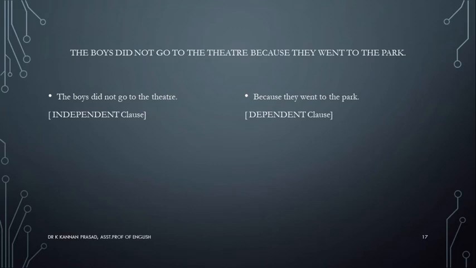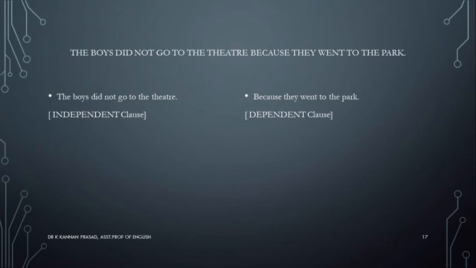By now, you would have noticed that among both the clauses, clause number 1 is an independent clause because it makes meaning on its own and it completes the sentence even if the clause has to be considered as an independent sentence. That is why it is called an independent clause. But clause number 2 is not independent.